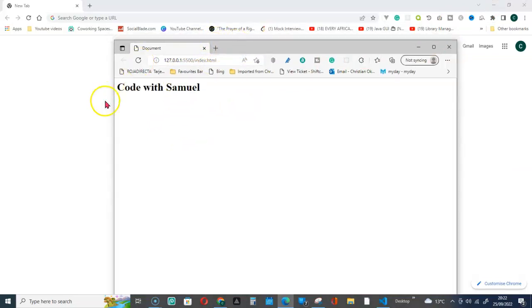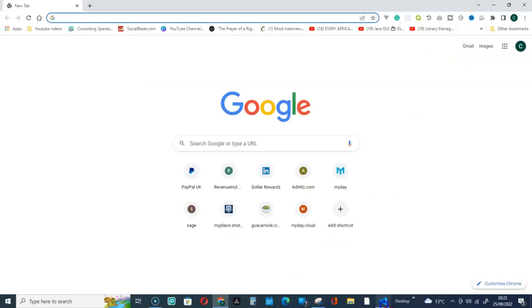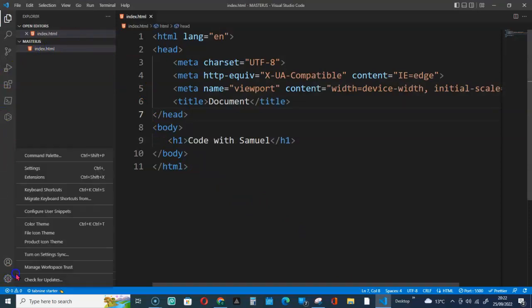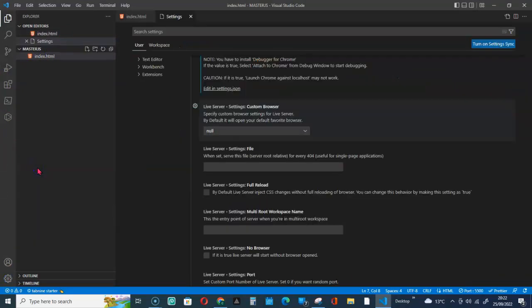Okay, but I don't want to work with two browsers. I want to work with my Chrome. So what can we do to fix this? It's very simple. So let's get this deleted. We go for settings here. You see this gear, the settings. Click on that settings, then go for settings and then